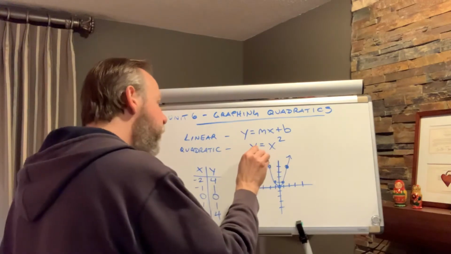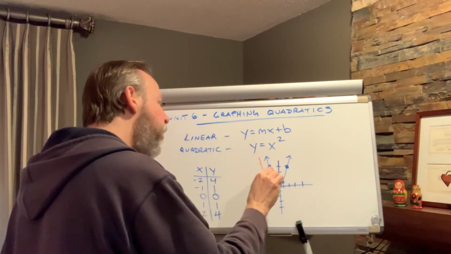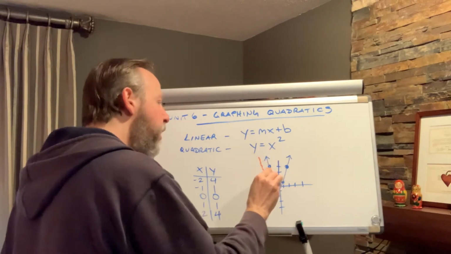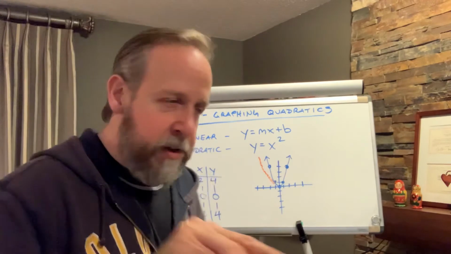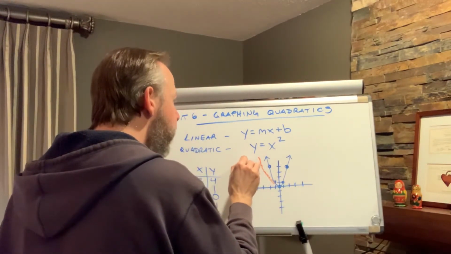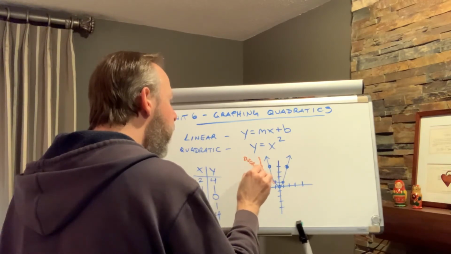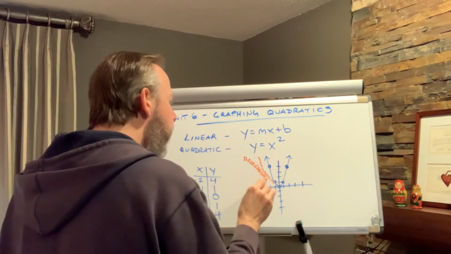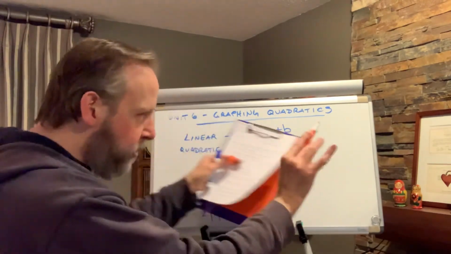So as it moves from the left to the right, if you were to call that a slope, you would say that that slope is negative or decreasing. This is decreasing. It's going down as we look at the graph from left to right